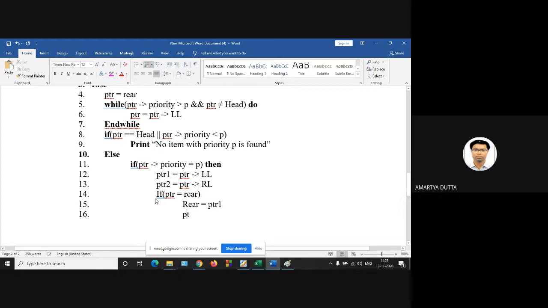And PTR previous, that is PTR1, its next part, that is RL, right link, will be your null.